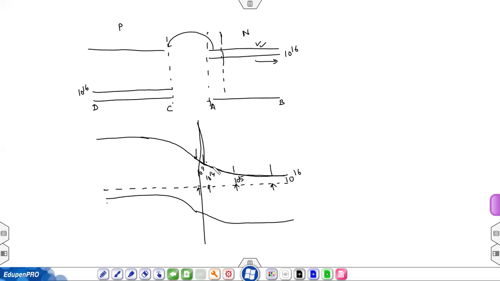That this is a Fermi level, so very near, let's say this is N and let's say this is P, so very near to this junction you have less concentration of electron. That's why you have shown like this. And in case of a P, you have less number of holes. That's why this Fermi level is going away.